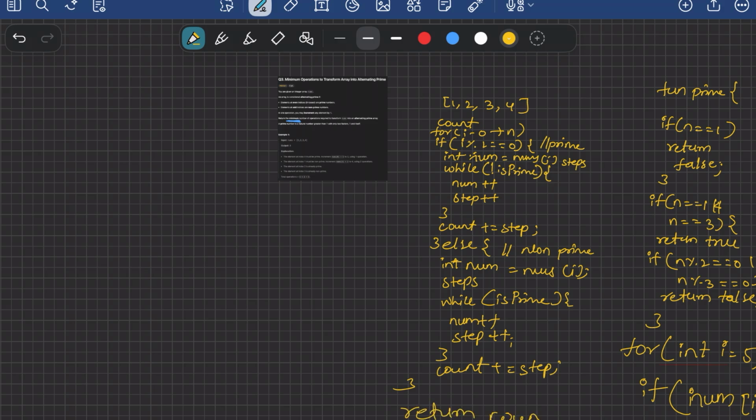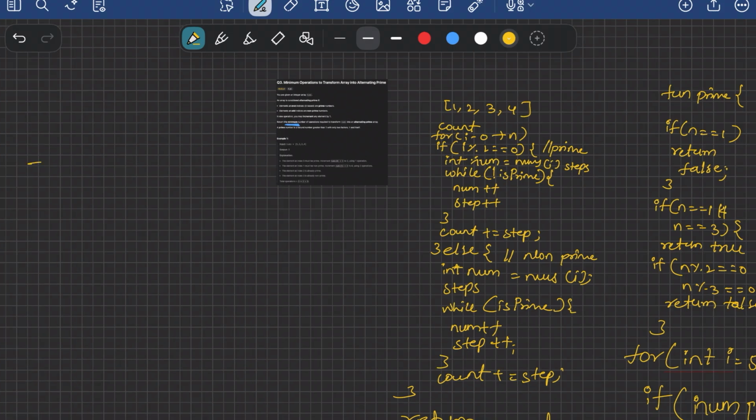So you will be returning the count. Now you have 1, 2, 3 and 4. First you got the variable num, that is 1. It will go into, then the step count for this is 0 and count is equal to 0,